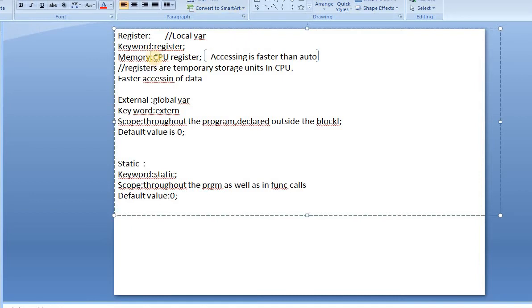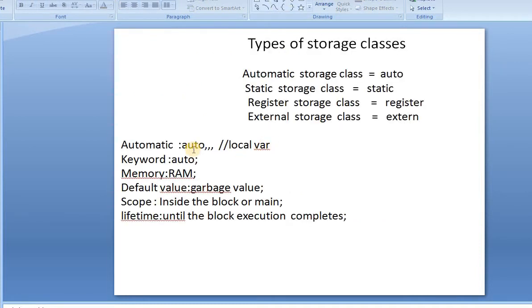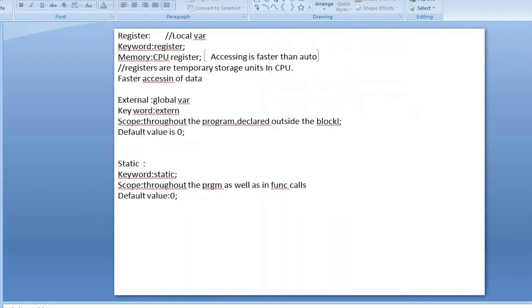That is why we use register classes: accessing data in the register storage class is faster than auto. In the automatic storage class, the data is stored in the RAM, whereas in the register storage class the data is stored inside the CPU registers.